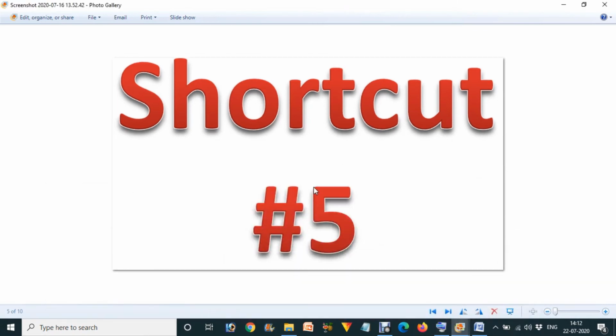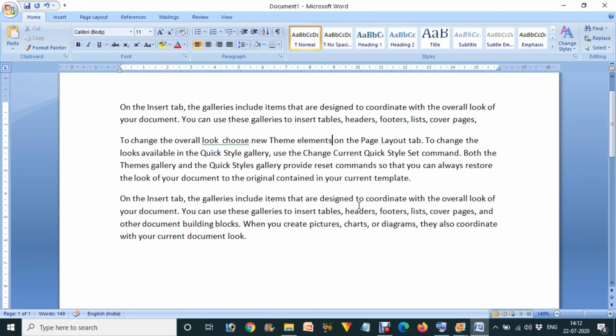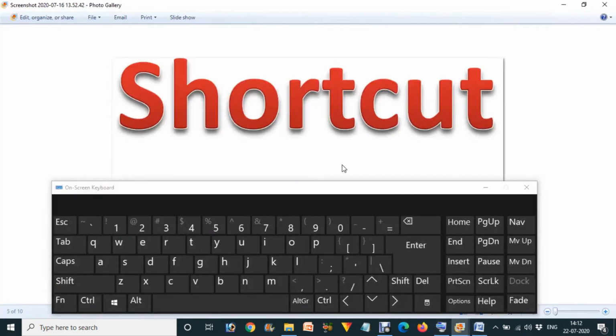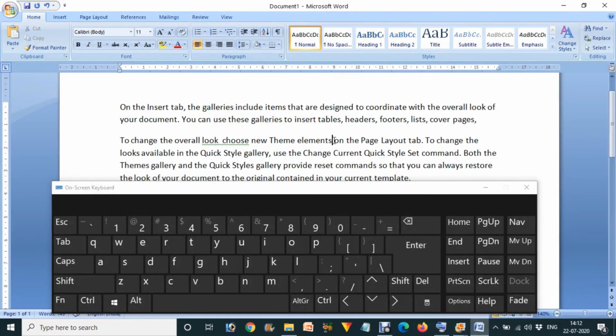Now I'm going to tell you trick number 5, that is also a great function used for deleting words. Many times it happens that we want to delete something. We go over there and want to delete this word, then we use the backspace key. If we want to delete the d, we go over there and press the backspace key.